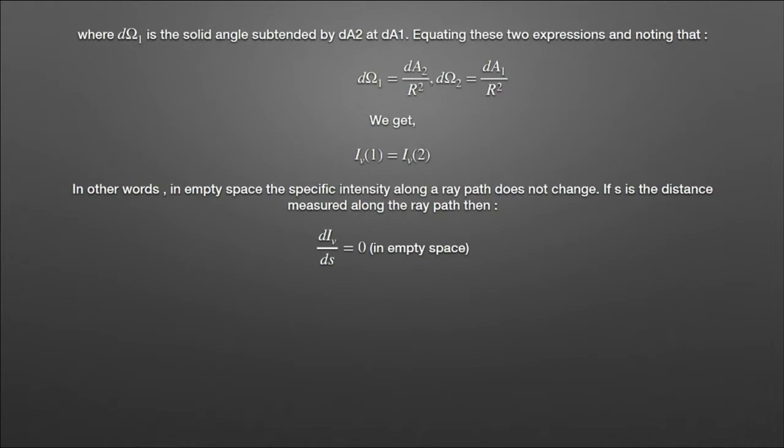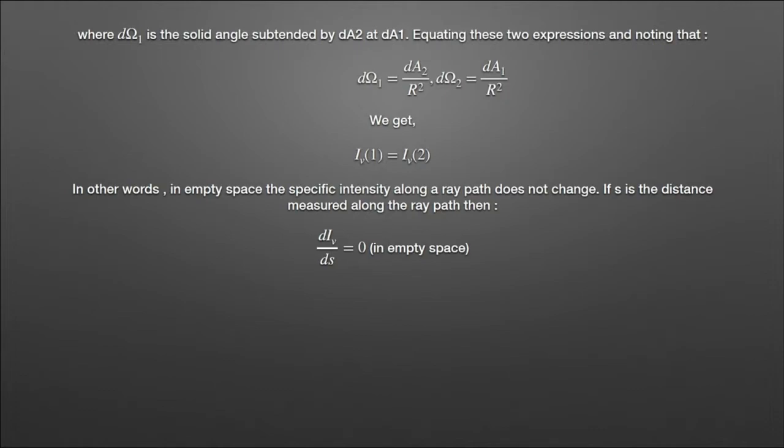This can be cleared up when we keep in mind that this specific intensity is due to a source. Actually, it's intensity divided by the solid angle it subtends, and that we call the surface brightness of an object. So this means that the specific intensity is a measure of surface brightness. As we move further away from the source of radiation, its intensity and angular size fall as distance squared. Hence the surface brightness, which is the ratio of these two, does not change.